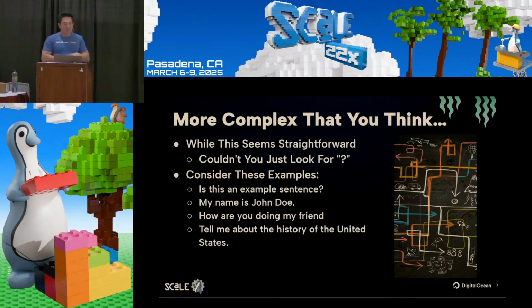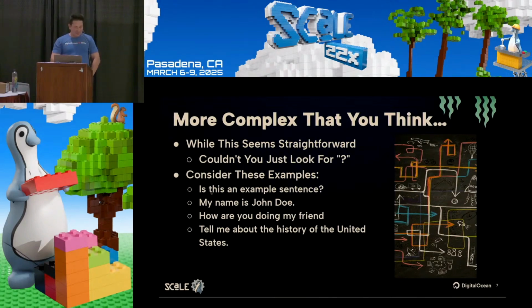So it turns out this problem is actually far more complex than it sounds. That is actually how you build the classifier. But what's very interesting about this is, if you're trying to build a question classifier, couldn't you just look at the end of the sentence and look for a question mark, right? And it turns out that if all of your sentences have question marks at the end, your machine learning model will literally learn that if there's a question mark at the end, this is a question. And so there are some things you need to do to make it so that it doesn't do that. We have some sentences here, and